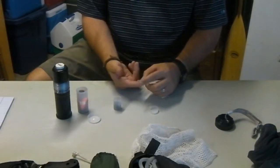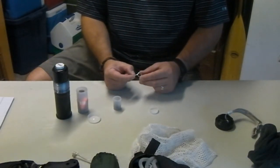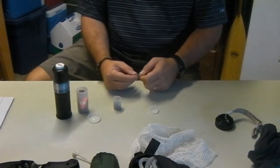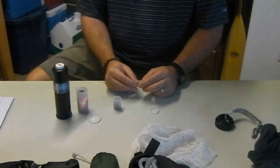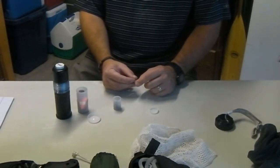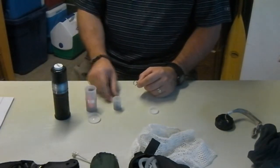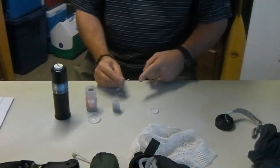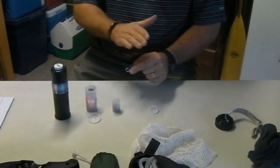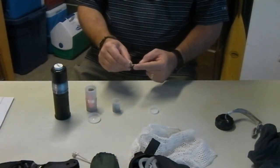Now, the one thing I do want to show you that I carry in there is an eyelet. It's an eye hook, and I've actually bent it at an angle. I don't know if it's a 45-degree angle, but I've bent it. And I'll use this if I'm making a pole, say out of a sapling or a tree branch, and I'm going to take maybe 10 or 12 feet of this and make a pole line. What I'll actually do is I'll take this eyelet and I'll attach it to the end of my pole, once I've shaved the stick down of any sharp edges, knots, that sort of thing,